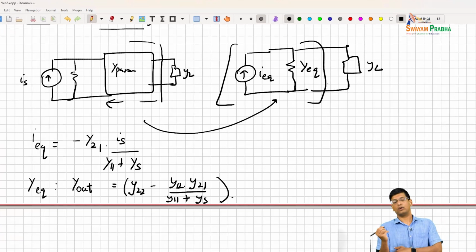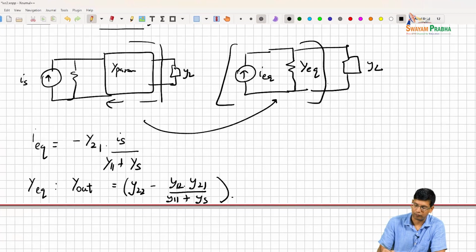So we can build the model for this network, and then the maximum power that will be transferred into